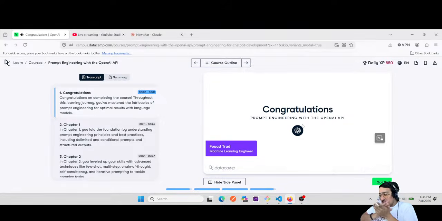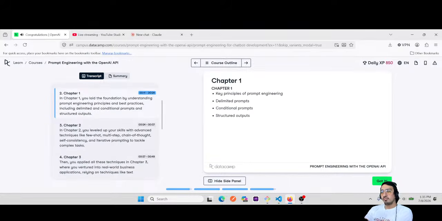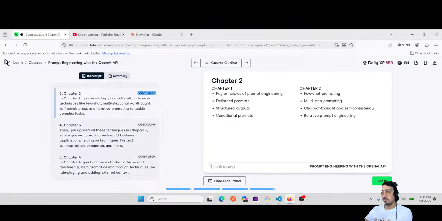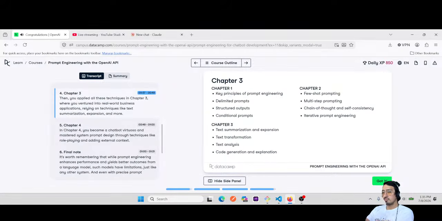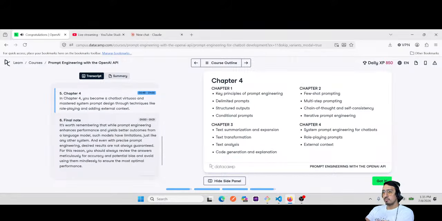Congratulations on completing the course. Throughout this learning journey, you've mastered the intricacies of prompt engineering for optimal results with language models. In Chapter 1, you laid the foundation by understanding prompt engineering principles and best practices, including delimited and conditional prompts and structured outputs. In Chapter 2, you leveled up your skills with advanced techniques like few-shot, multi-step, chain of thought, self-consistency, and iterative prompting to tackle complex tasks. Then, you applied all these techniques in Chapter 3, where you ventured into real-world business applications relying on techniques like text summarization, expansion, and more. In Chapter 4, you became a chatbot virtuoso and mastered system prompt design through techniques like role-playing and adding external